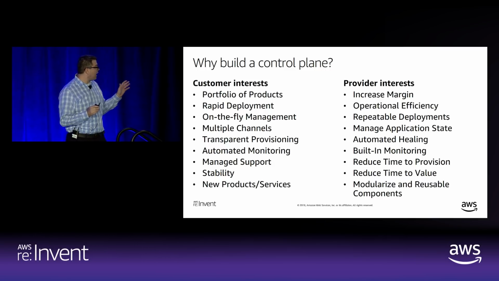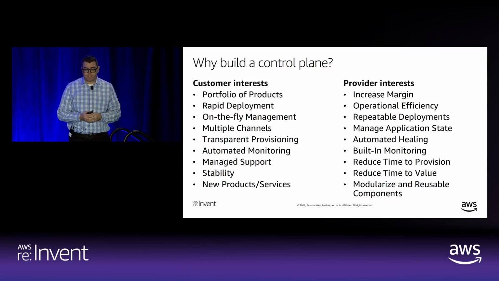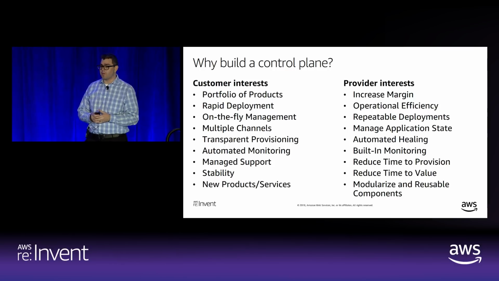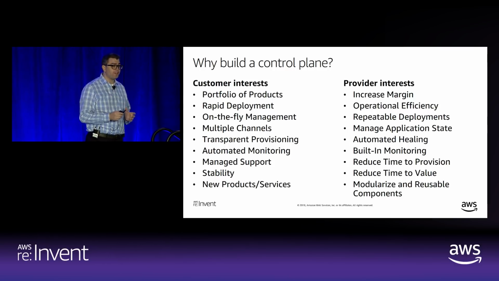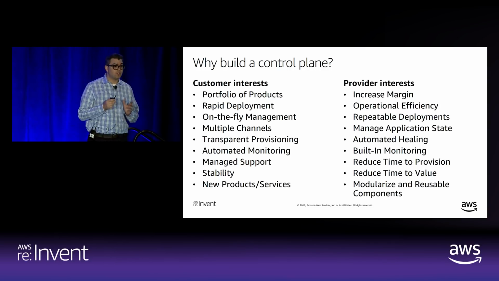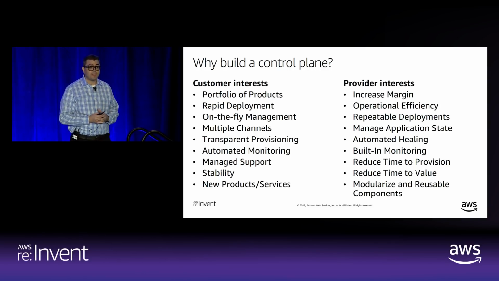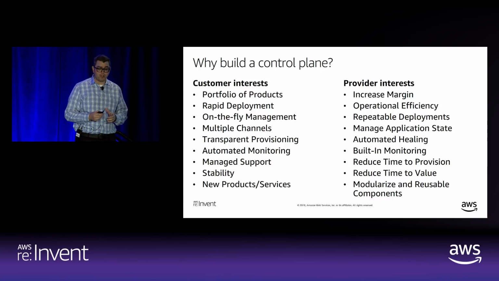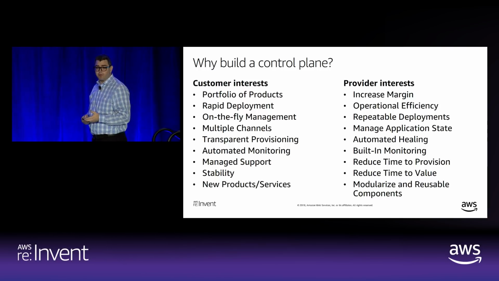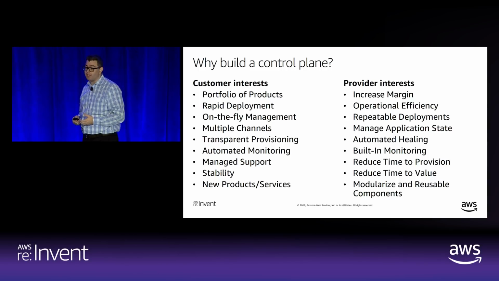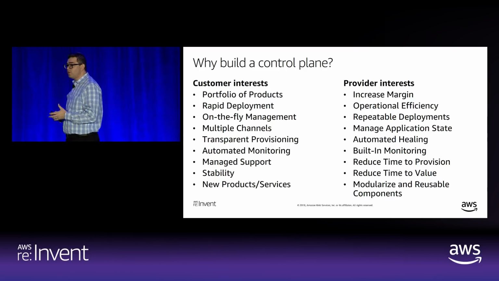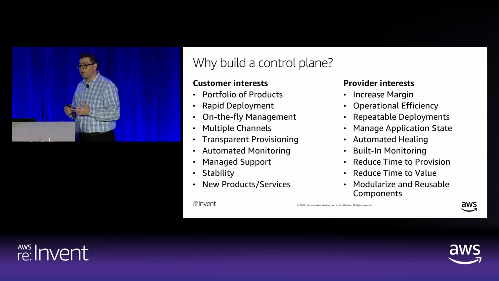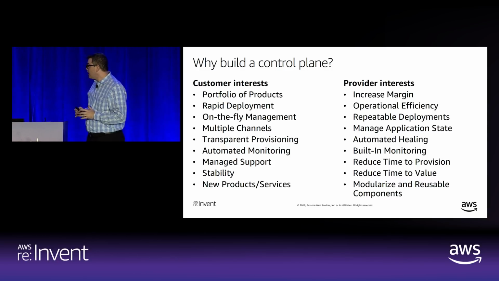And one of the things that I want to talk about is ultimately the top line item there, which is increasing your margin. As a solution provider, the number one most important thing to recognize when delivering a solution to customers is that it's a delivery and business model. And being able to obtain that increased margin through operational efficiencies and repeatable patterns in deployments and application governance and requirements that showcase your mechanisms for delivery to your customers is super relevant.